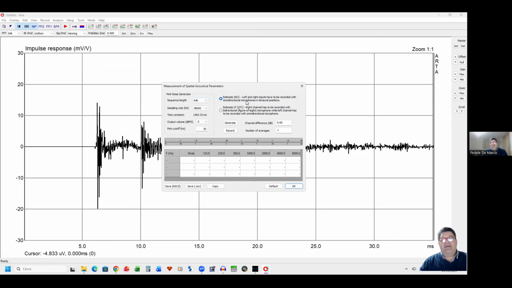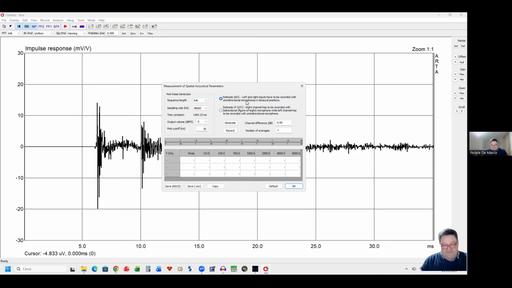I can say just that interaural cross correlation gives you an estimation of the different reflective patterns of each ear. Okay,